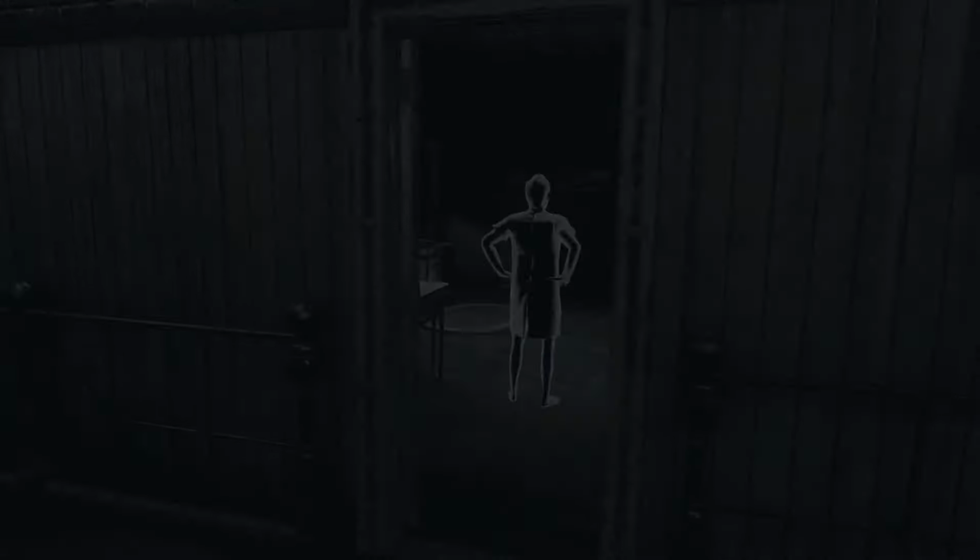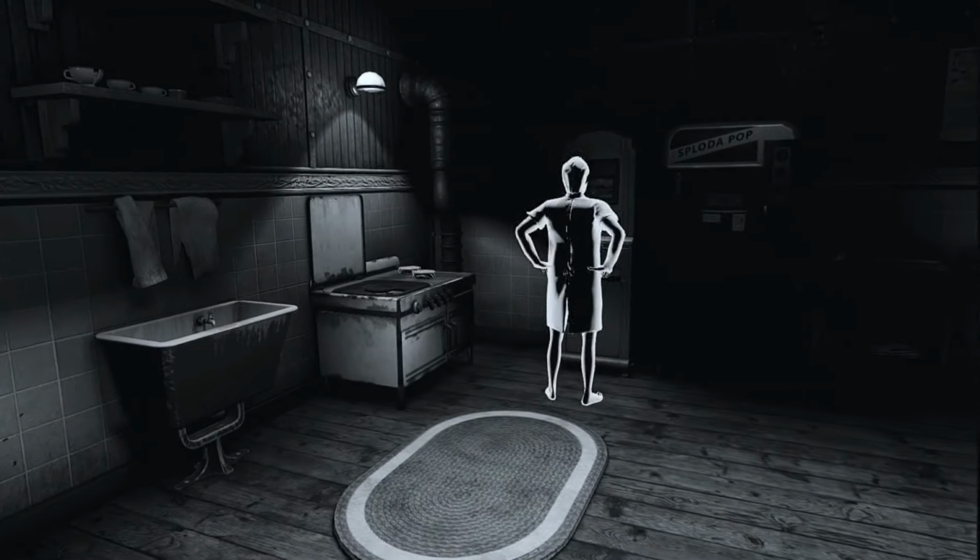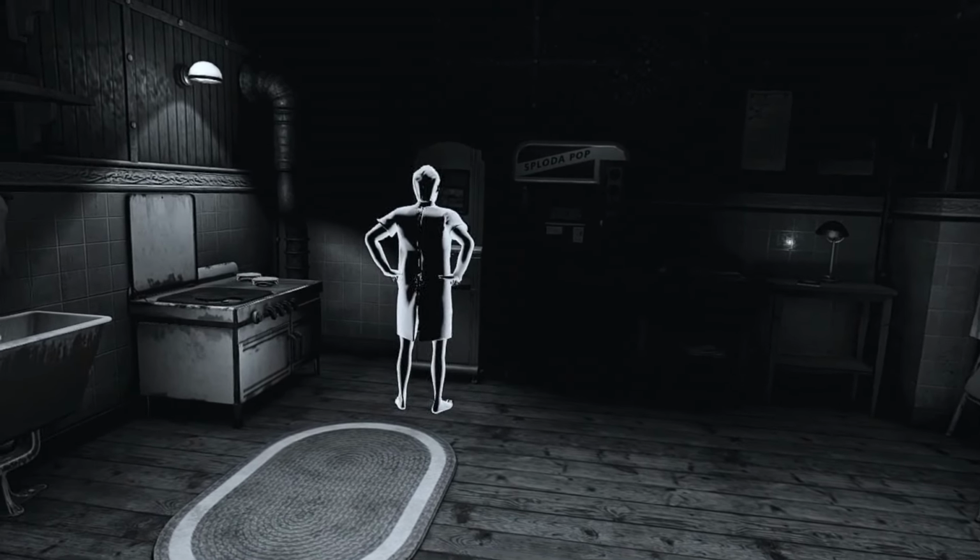And what's in here? Looks like a break room. They got a Splodopop machine. Man, we could really go for a Splodopop right about now. But that's not the machine Wilson went to. He went to the cigarette machine. I don't know if Wilson smokes. But I mean, hey, it's the 40s. Everyone did, so...